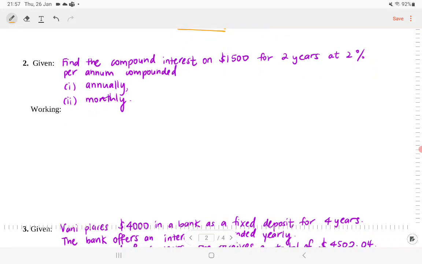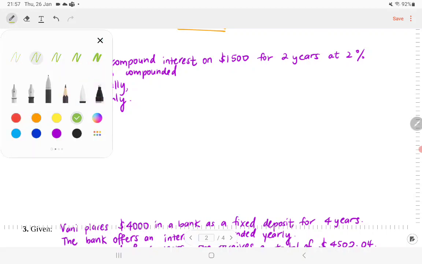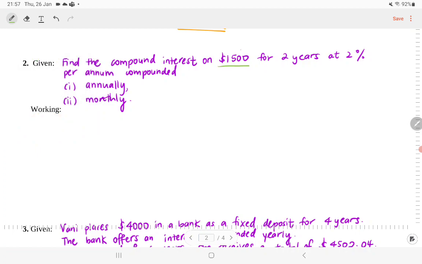Find the compound interest on $1,500 for 2 years, at 2%. Okay, so let's look at what is given to us. 1,500 will definitely be the principal amount, 2 years will be the N, and 2% will be the R. And they say it's 2% per